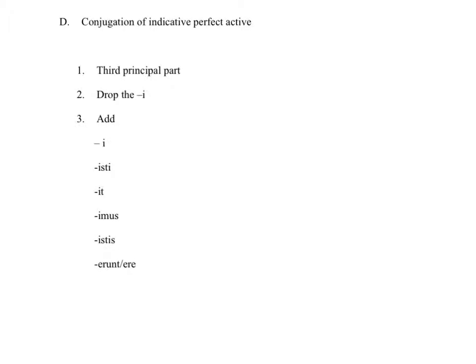The next tense would be the conjugation of the indicative perfect active. This is very simple. Here there are very little variations. You take the third principal part. In this case, for the paradigm that we've been using, you'd start out with the word third principal part, dixi. You would drop the I, because that's what you always drop for the third principal part. And then you add the endings dixi,